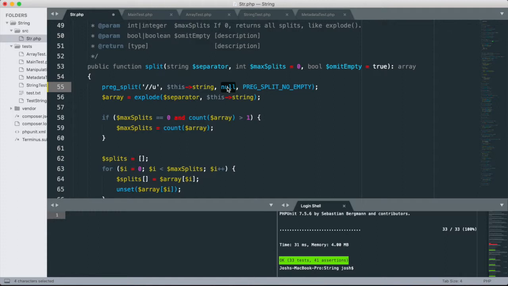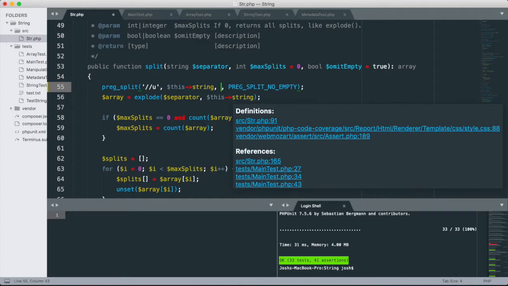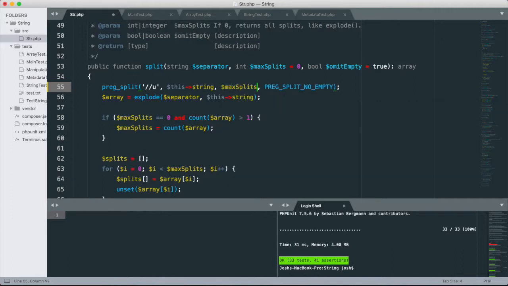You can pass null or zero as the third argument, and that's how many results you actually want. And then you can give it flags, and one of the flags is preg split no empty, all right? And so basically, if I say, instead of zero, if I say max splits, in theory,